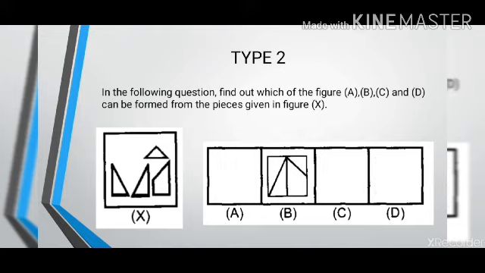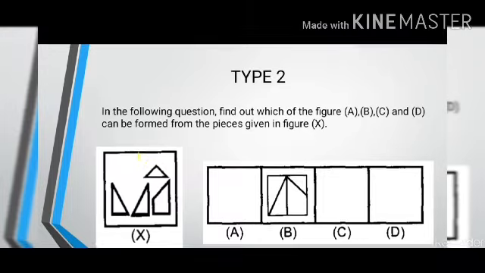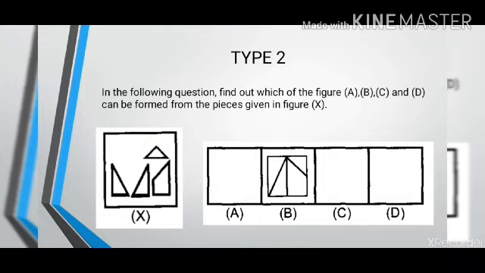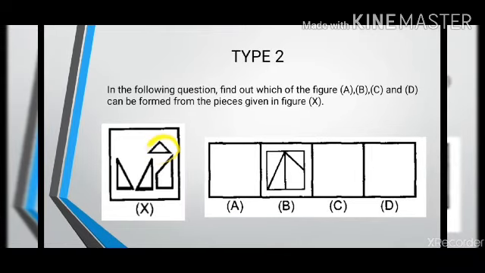Now you can verify your answer. The smaller triangle that is given to you in option X, this small triangle can be fitted like this. Now other options are also there. These two similar right-angled triangles can be fitted like this, right? And this figure, this quadrilateral, can be fitted here in the figure. Therefore option B is the answer for this question.